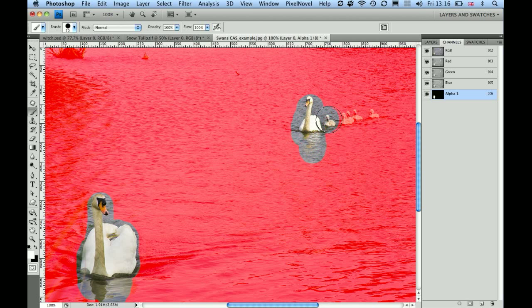So I'm just going to get the swan, cygnets, any reflection there might be behind them, paint it on the alpha channel, go back to my RGB channel here, turn off alpha 1,